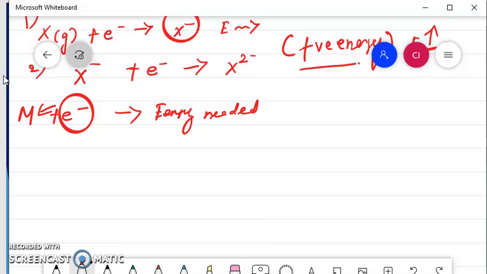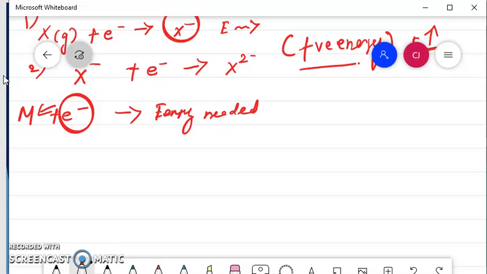Okay, got it. Energy is needed. This is called an endothermic reaction, which we have studied earlier. So metals are unlikely to gain electrons, because it is easier to lose their valence electron and form a cation. It is easier because the metal's nucleus does not have a strong pull on its valence electron, so metals have a lower electron affinity.